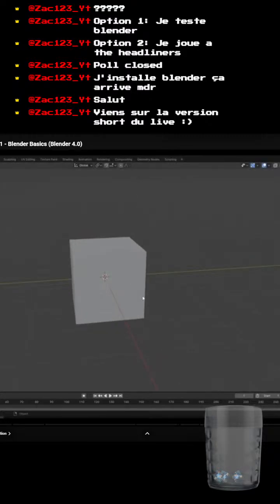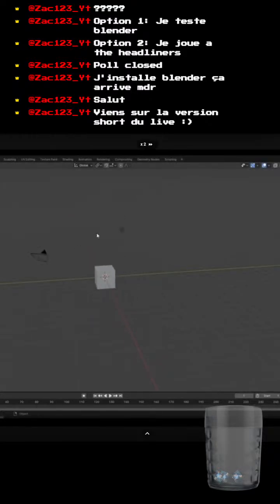So scroll up is zoom in and scroll down is zoom out. If I want to rotate around the 3D scene and orbit around the objects, I can click and hold on my middle mouse, scroll wheel, and then I'm gonna rotate my